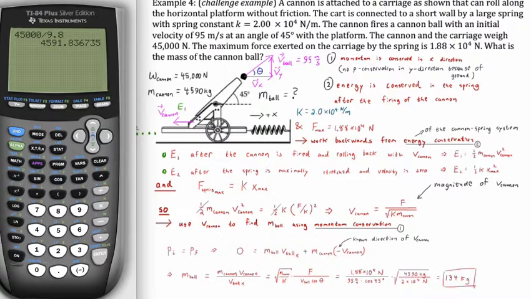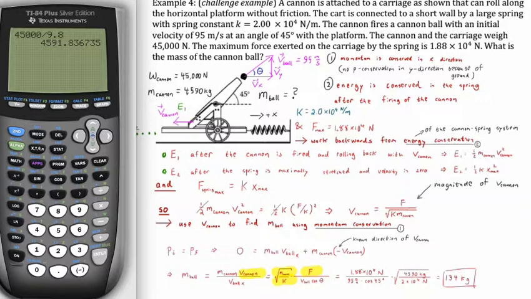Okay, so now I went ahead and did the algebra here, where I plugged in the velocity of the cannon. So we see that being inserted right over here. All right, so first of all, I just do momentum conservation to solve for the mass of the ball, just by moving things over to the left-hand side of the equation. Okay, and then the negative disappears. And then I go on to actually substitute in for the velocity of the cannon this expression right here. Okay, so that's just the